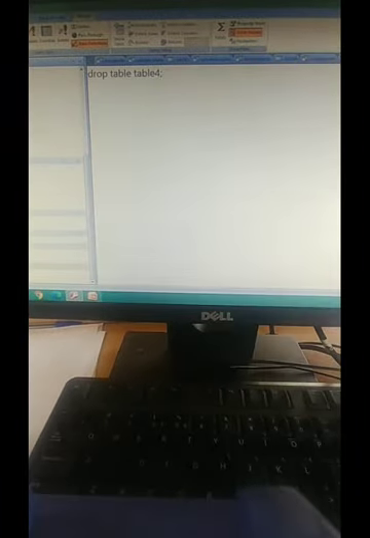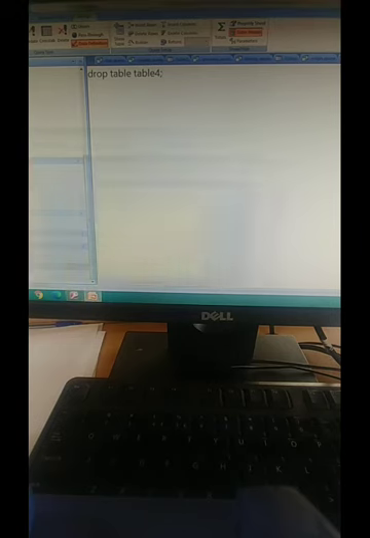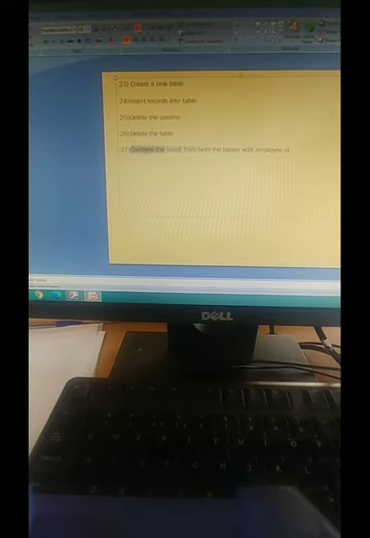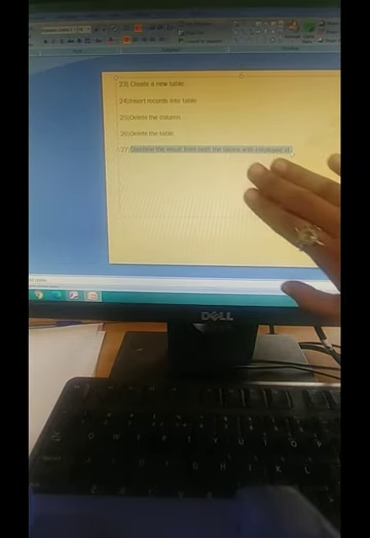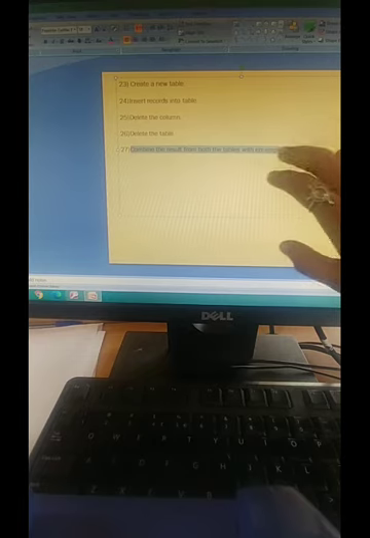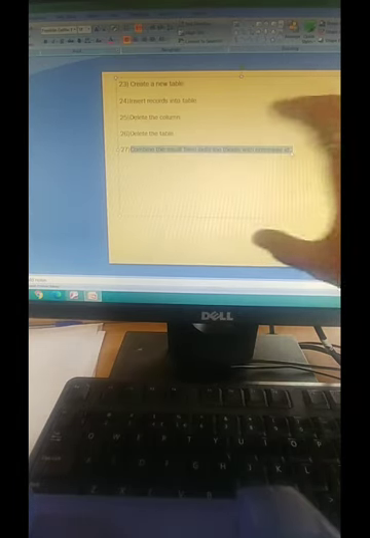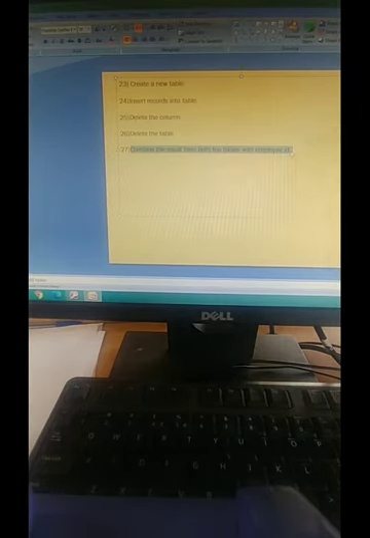Next one, and the last one, is combine the result from both the tables with employee ID. Both the tables means two tables are there. Employee ID I want to compare and add into one table only. How to do it?